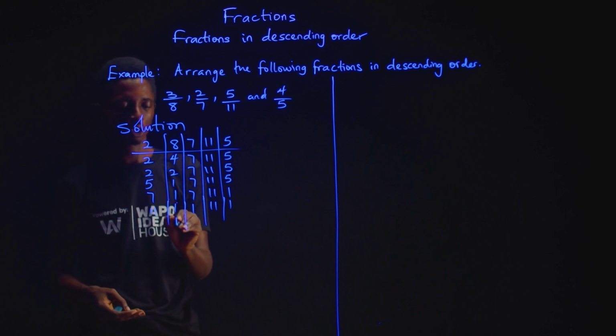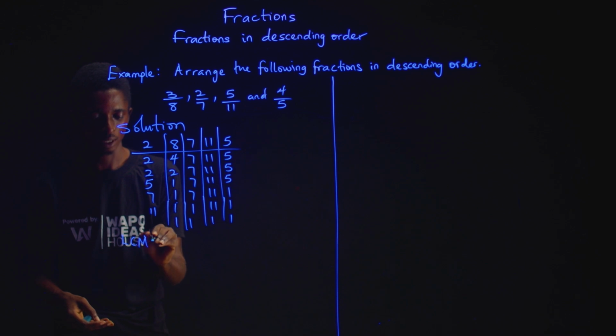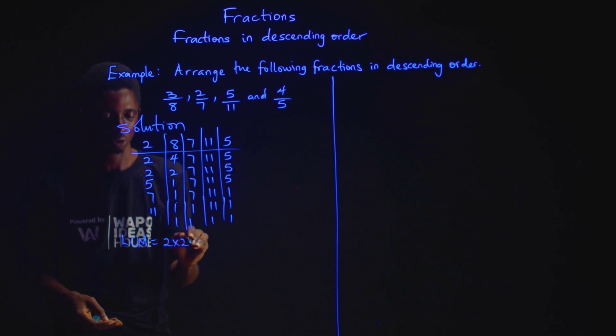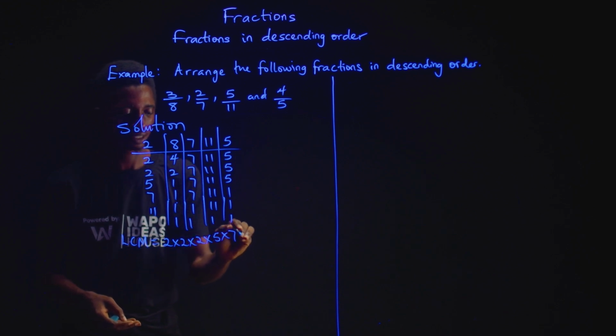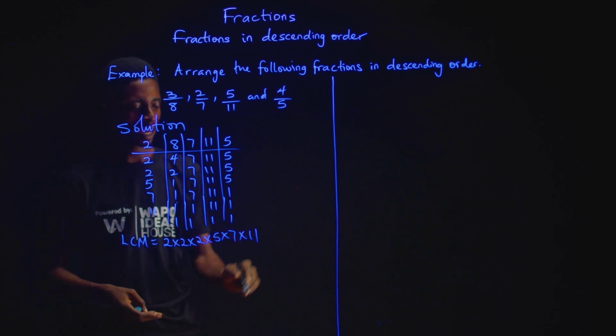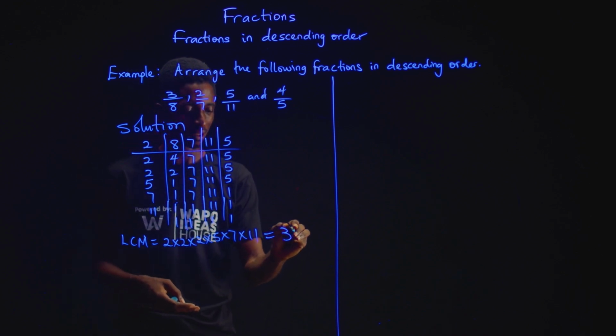And then 11 to give us 1, 1, 1, 1. Therefore, our LCM becomes 2 times 2 times 2 times 5 times 7 times 11. And when you multiply all of these together, you would arrive at